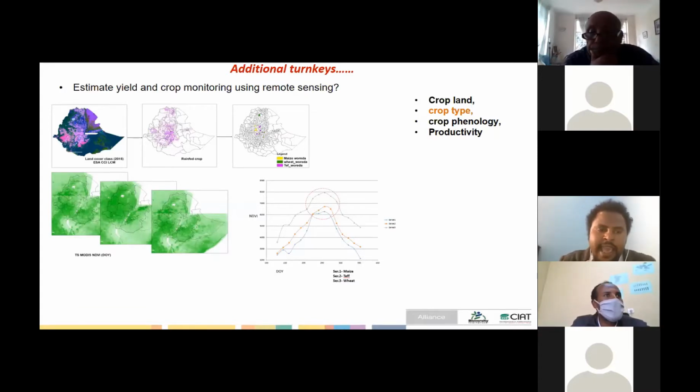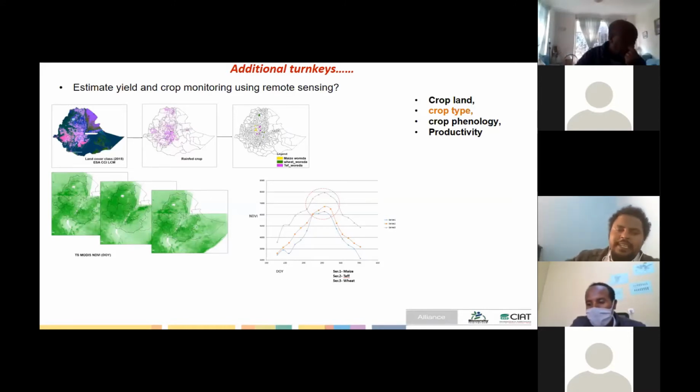So they are using different remote sensing data, first to estimate the crop type, second to also estimate the yield we are expecting at the end of the season. And they are trying to calibrate based on different coarse label data, point data, also granular data and then come up with different solutions to calibrate the approach. And this is also one of the innovative ideas to guide the transformation in agriculture.